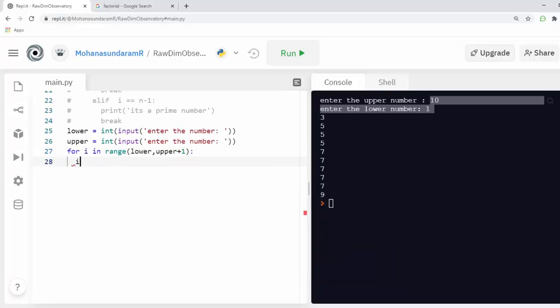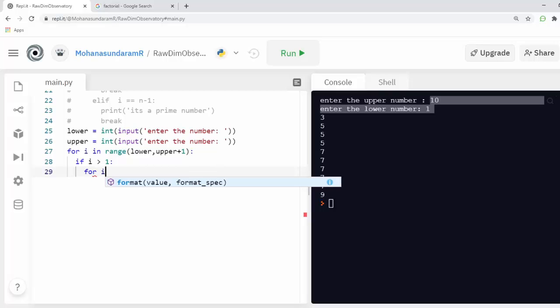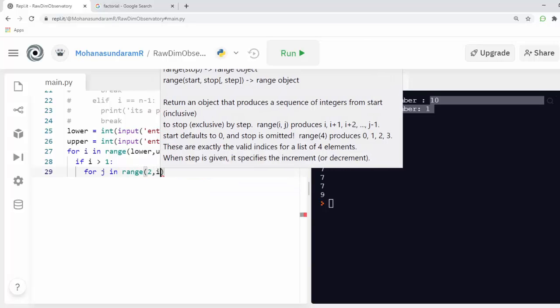And then if i is greater than 1, and if this condition is satisfied, I'm making another loop inside it: for j in range 2 comma i.